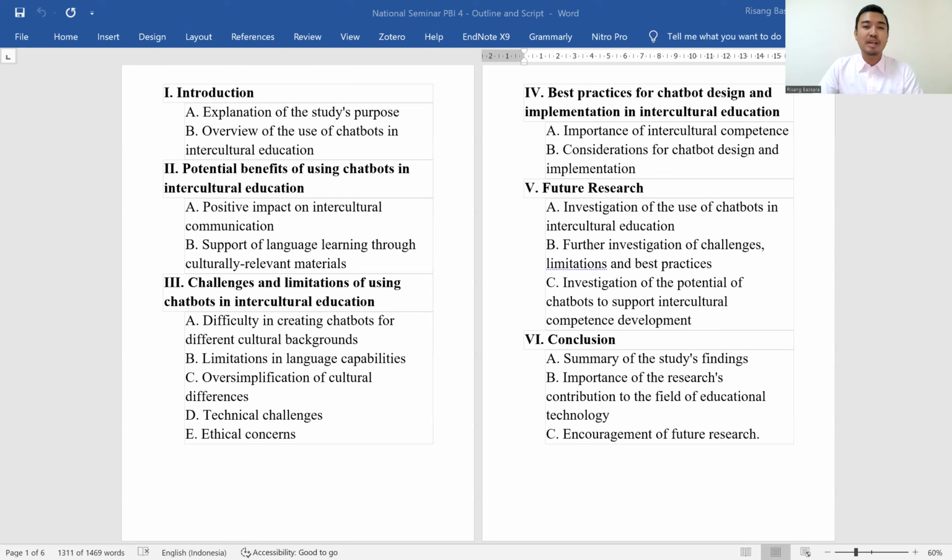In this presentation, we will cover the following topics. We are going to discuss the introduction to intercultural education, the potential of chatbots in intercultural education, challenges and limitations of using chatbots in intercultural education, best practices for chatbot design and implementation, and the last one will be conclusion and future research direction. Let's start with the first,